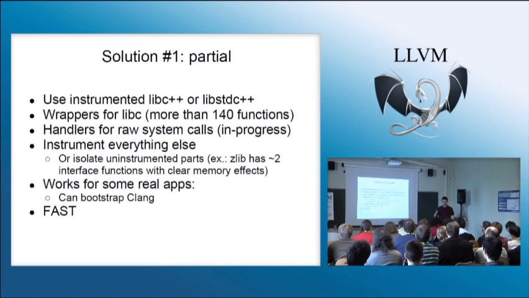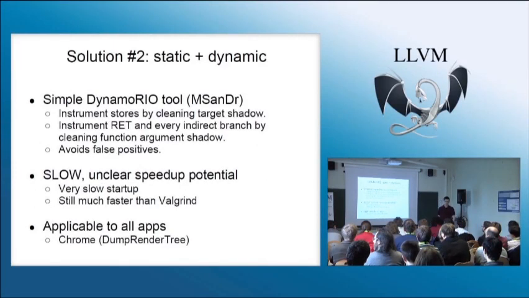The option is called -fsanitize=memory, and there is another option that turns on origin tracking. It's called -fsanitize-memory-track-origins, all with dashes, and then you just run it. That's all. If you cannot instrument all the code like this, you do the same for the code you can instrument, and then